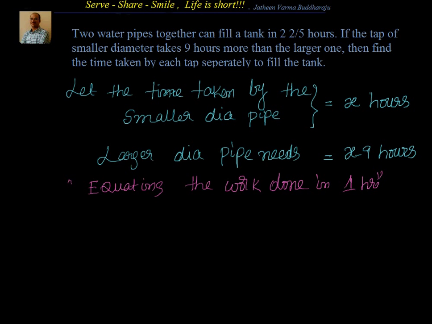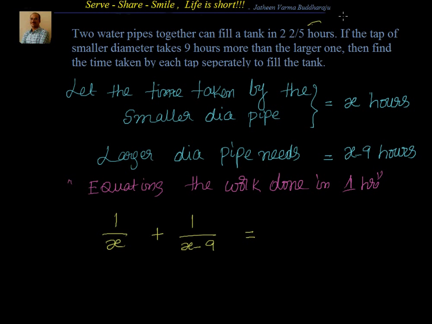In 1 hour the smaller diameter pipe will fill 1 by x part of the tank, and in 1 hour the larger diameter pipe fills 1 by x minus 9 part of the tank, which is equal to